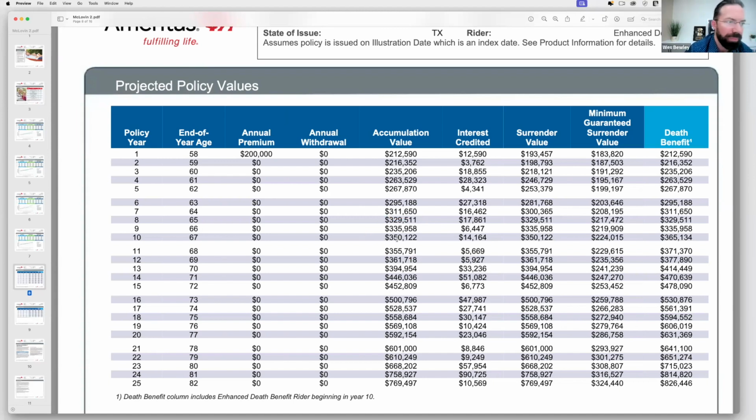Now, notice on year 10, your account has grown to $350,000. But if we pan to the right and look at the death benefit, you can see your death benefit is actually $365,000. So it's roughly $15,000 more. That's because this has a little bit of an enhanced death benefit, meaning the death benefit is just a little bit bigger than the account value. But over time, if you look at year 23, that death benefit's almost $50,000 higher. So sometimes people have a great pension or Social Security and they don't have to touch this, but all the while they're getting this enhanced death benefit and there's no charge for it.